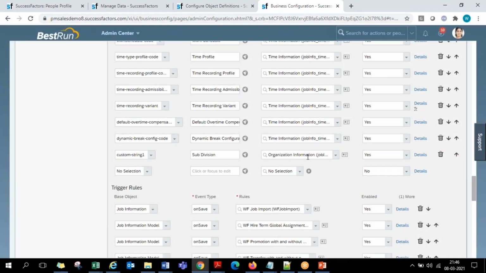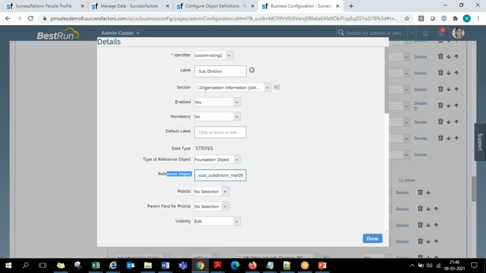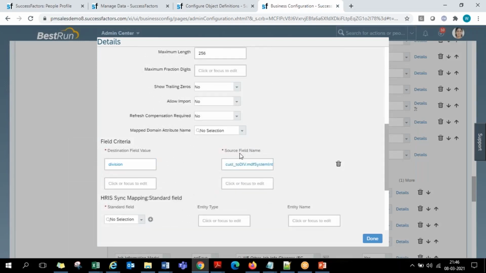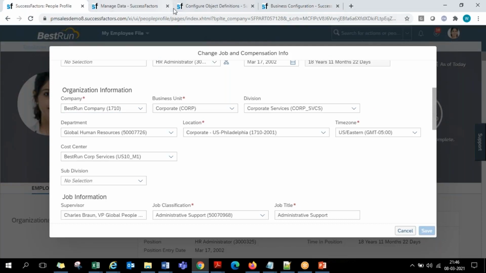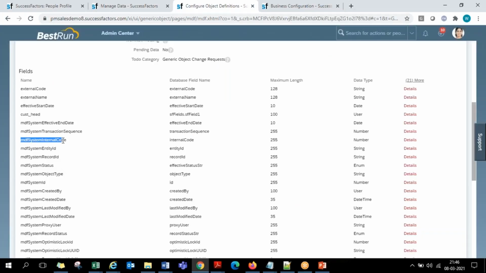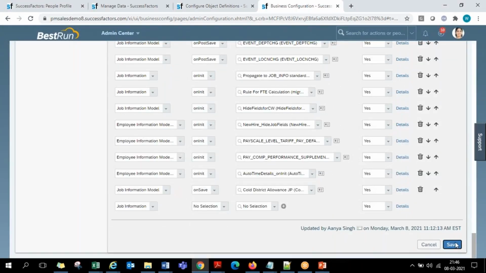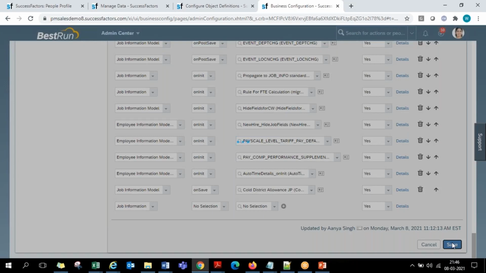So first of all, add a field, give the permission to that field, then link that field with the object using the type reference object, and to associate it, at the bottom left hand side give the parent field, right hand side the name of the association dot MDF system internal code. Instead of internal ID, MDF system internal code is the field you are required to link with. Save it. In the object, you just have to copy the MDF system internal code and paste it. So once we save this, guys, the association between the custom subdivision field and the standard division field is done.